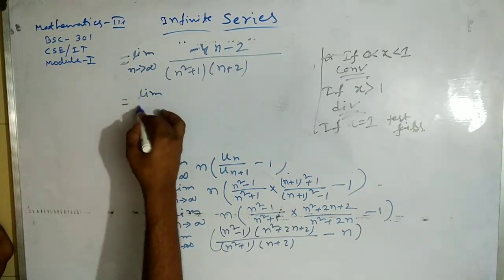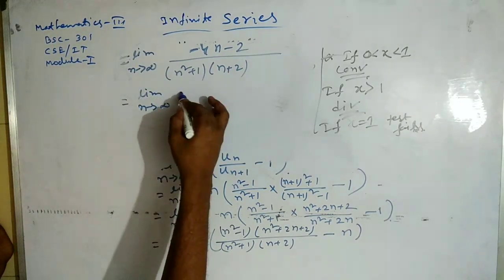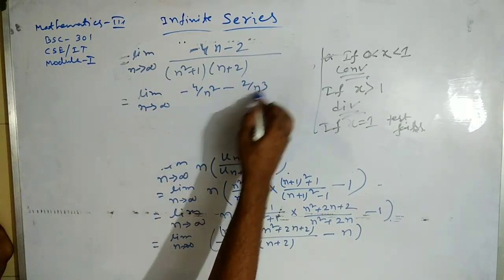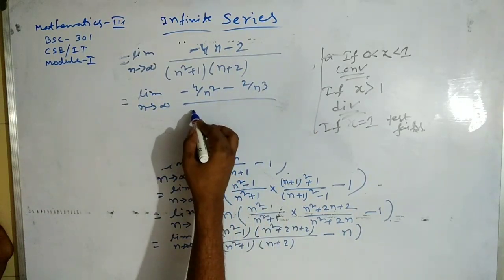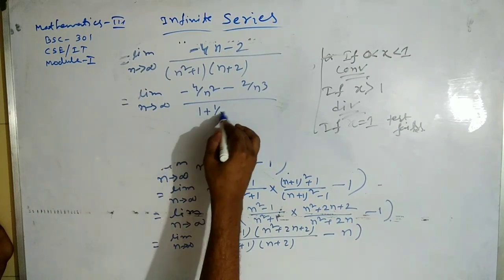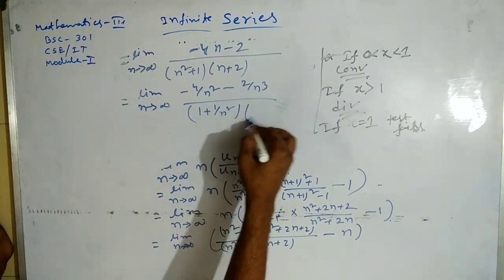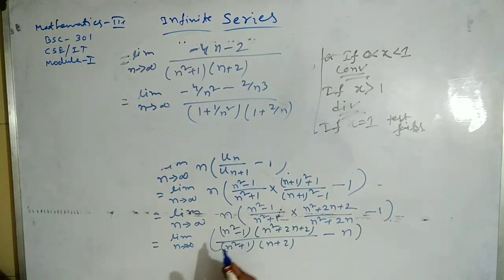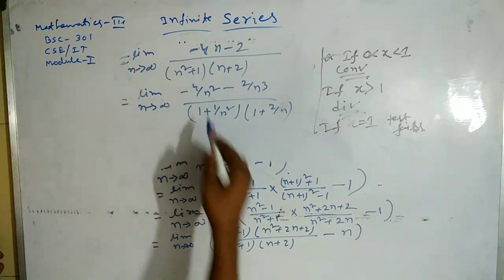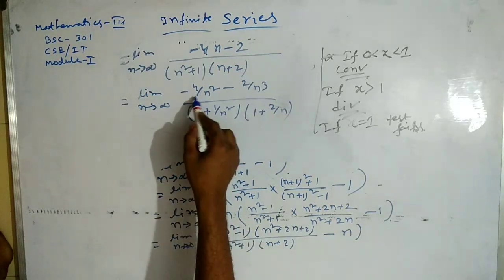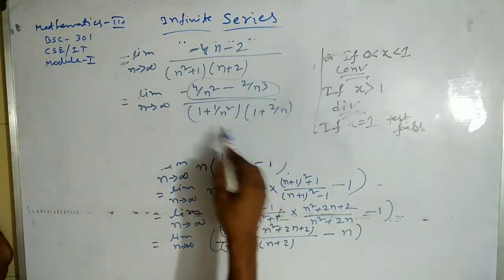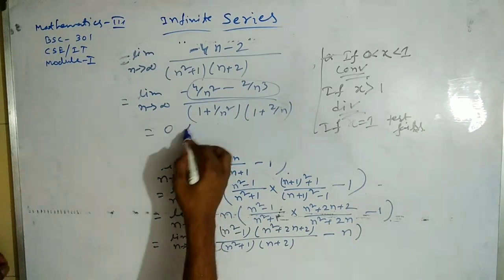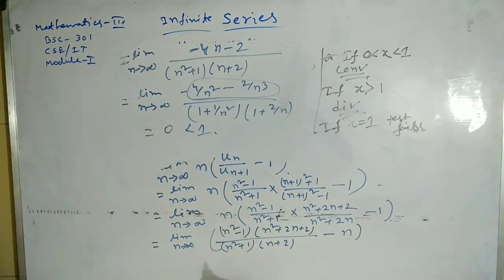So this will be limit n tends to infinity of (minus 4 by n square minus 2 by n cube) by (1 plus 1 by n square) into (1 plus 2 by n). Here, since n is tending to infinity, these both terms will be 0 and the denominator will be 1, so the answer is 0, and 0 is less than 1. So according to Rabb's test, we know